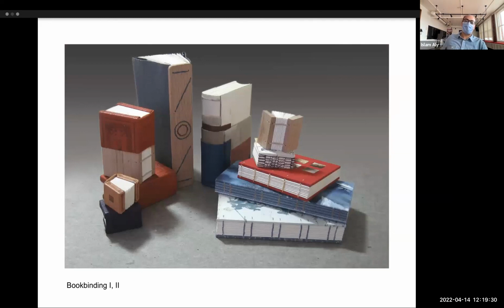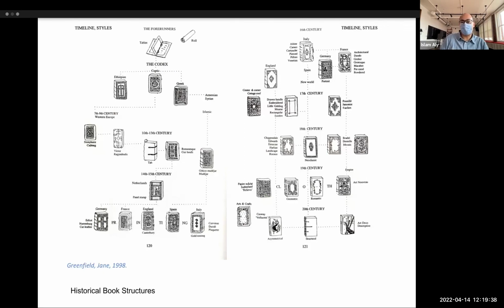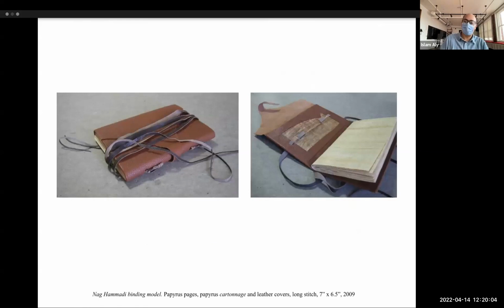Also, the classes that were very interesting for me were bookbinding 1 and 2, learning about these. But the class that really influenced my work the most was historical book structures with Julie Leonard, where we studied the different uncommon book forms and where they existed in different parts of the world. And this class really inspired me to look at these forms and think of ways to use them in book art. So, for example, here, this is a Nag Hammadi binding model